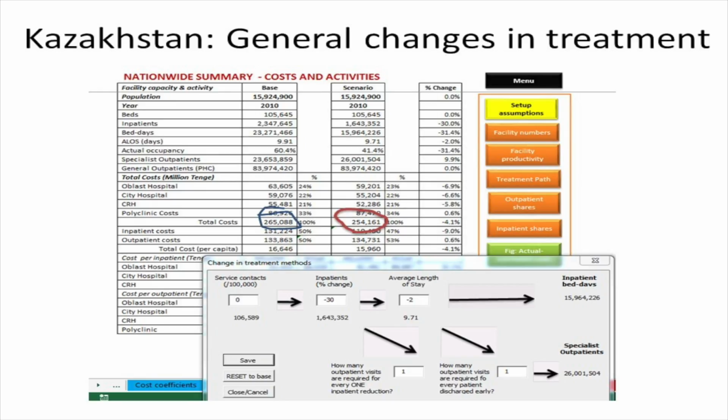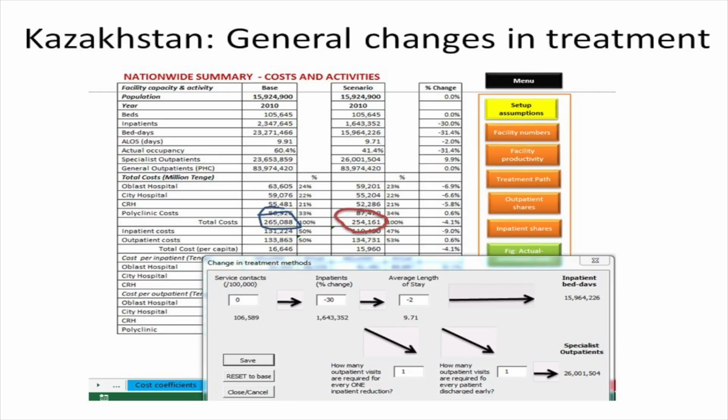The details, you can't see them too much, but what we simulated here was a reduction in the general inpatient rates, and the assumption that many more patients would be treated at the outpatient level rather than at an inpatient level. And in fact, here we simulated a reduction in the inpatient rate of 30%,